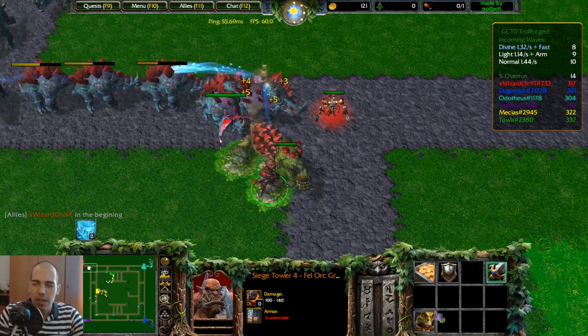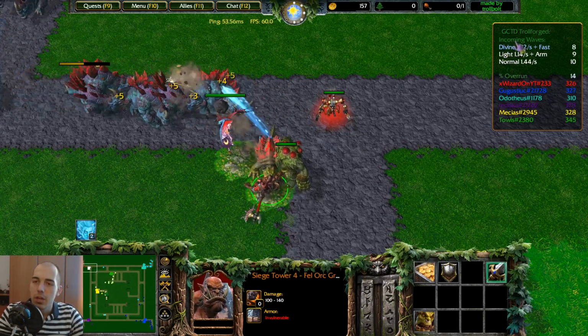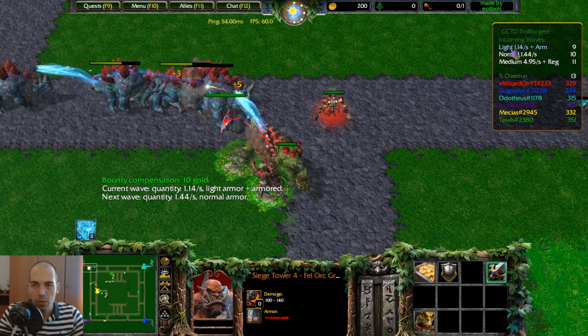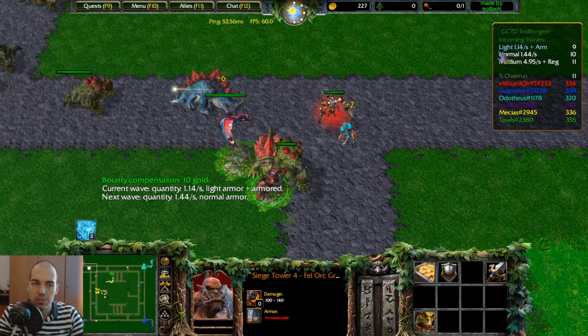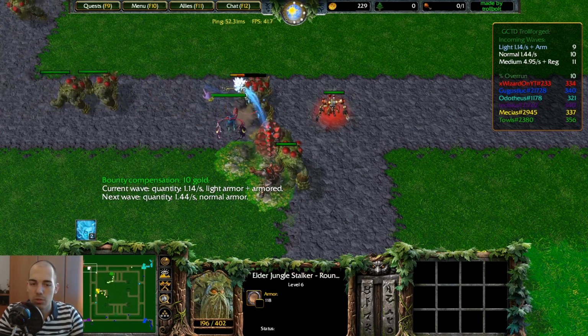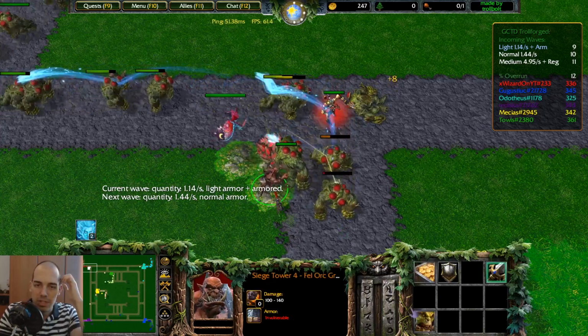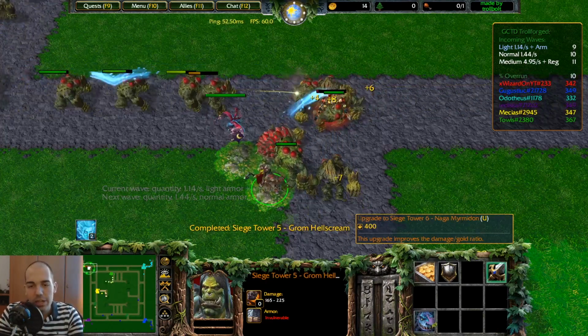Wait, what did I want to say? Anyway, there are divine armors here. If you're new here, I will tell you a bit about these things. Incoming waves. We can see the type of armor, right? Normal, medium, of course. Normal is very hard to kill, because it will take the full amount of damage from everything. So it doesn't matter if you have poison or if you have chaos. It will still do